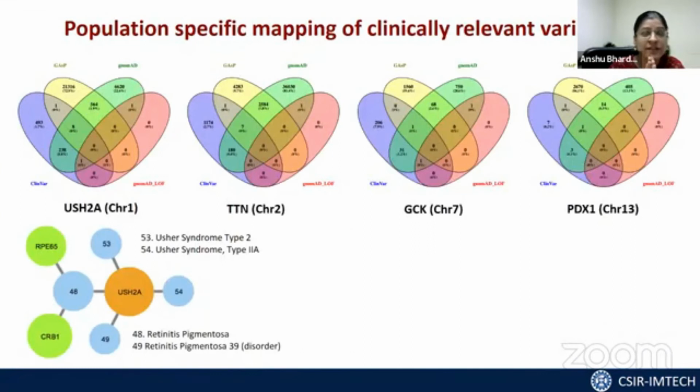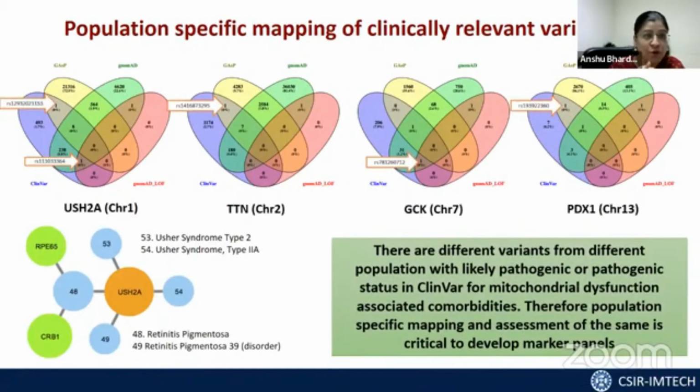What we observed is that one needs to perform population-specific mapping of clinically relevant variation. We cannot rely on loss of function variation data coming from the rest of the world for our population, because we don't see that happening. So it is very important that one generates population-specific references and population-specific variation data, which might not be reported for the rest of the world because they're not LOF there, but they can be here. This is a very important message. And this was recently also endorsed by gnomAD in a recent paper, where they say the same thing.